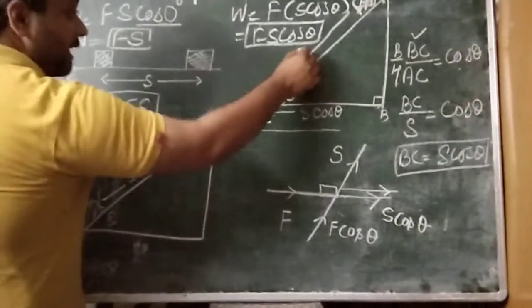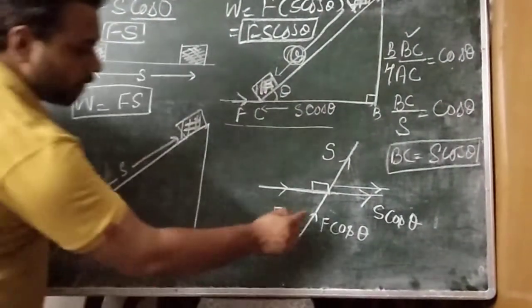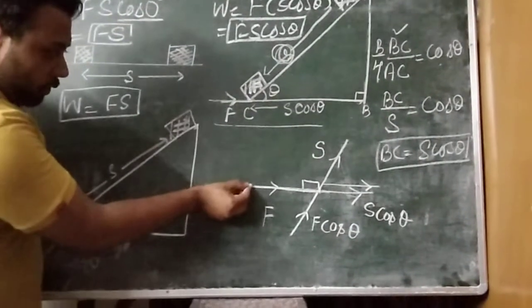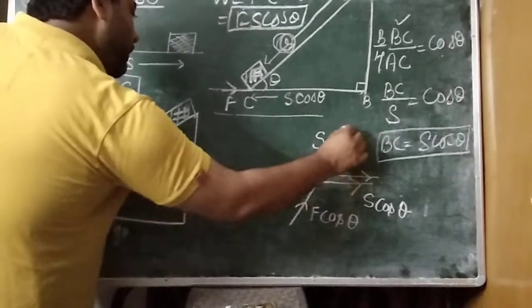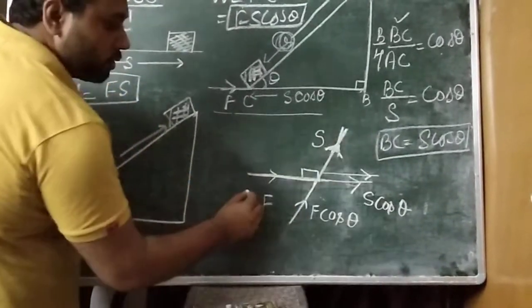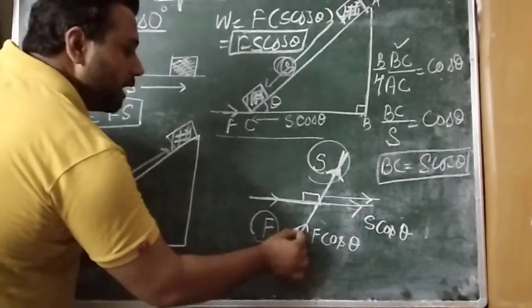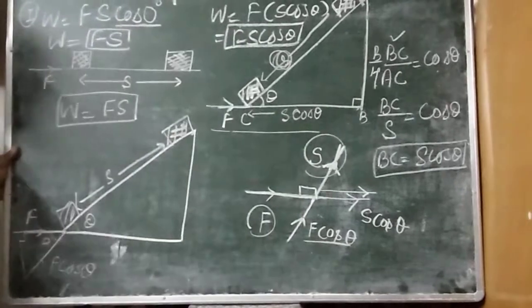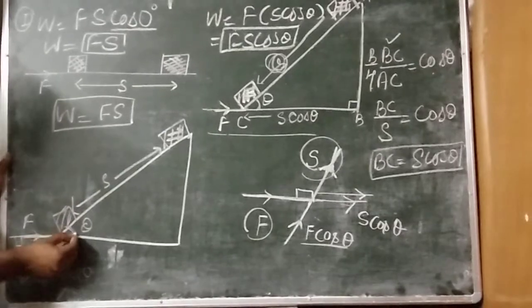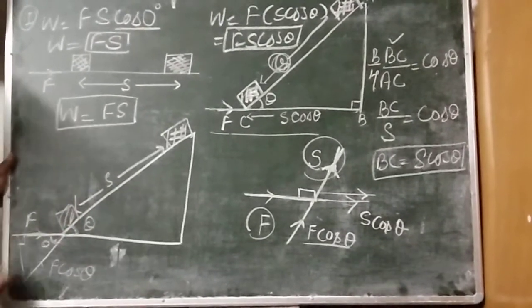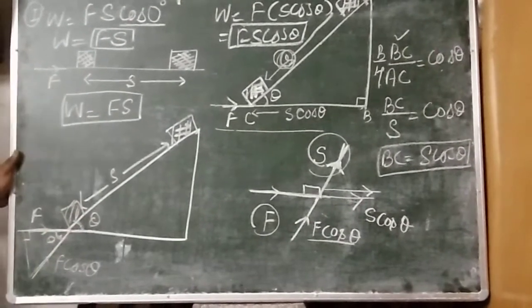Here, what did we resolve? The component of displacement. But in place of this, we can resolve the component of force also. For example, the force is in this direction and the displacement is in this direction, so in the direction of displacement we just find the component of force. So what will the component of force be? S will remain S, but the component of force becomes F cos theta. Same way I have drawn the diagram here. See, this angle is theta, this angle is theta, vertically opposite angles. The force is there, and the component of force along S is F cos theta.